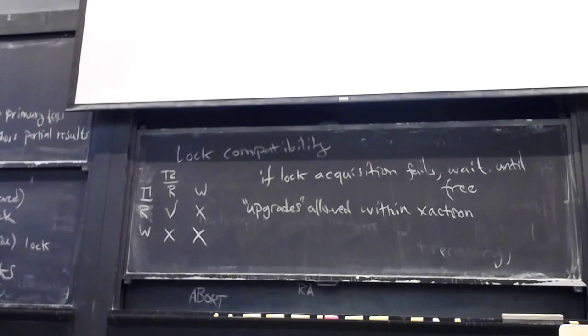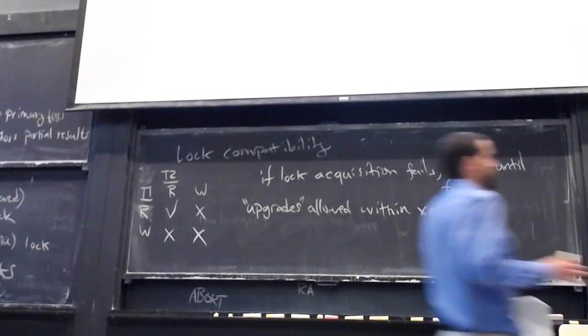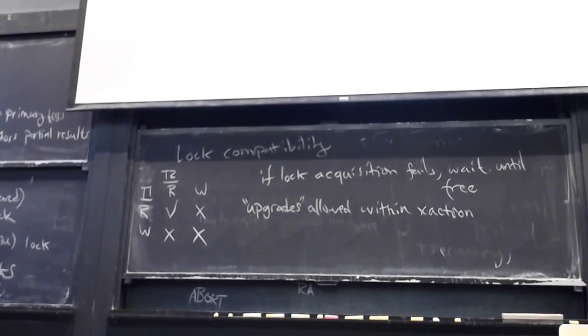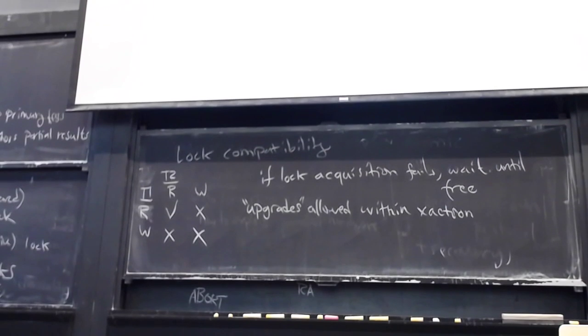Actually, to be technically correct, it acquired its last lock just prior to writing B, right? So prior to writing B, it acquired an exclusive lock on B, and that was when it reached the lock point. That was the last thing it acquired. And at that point, it can't lock any more objects, but it can start releasing locks. But once it starts releasing locks, it can't acquire locks on any more objects.